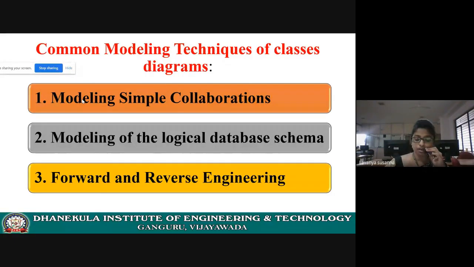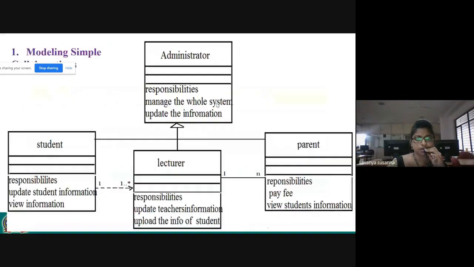Now, see here, you need to list out the common modeling techniques of class diagram. No need to list everything, just write down common modeling techniques of class diagram and write the first point. What is the first point? Modeling simple collaborations. What you need to do? Modeling simple collaborations means, see here,